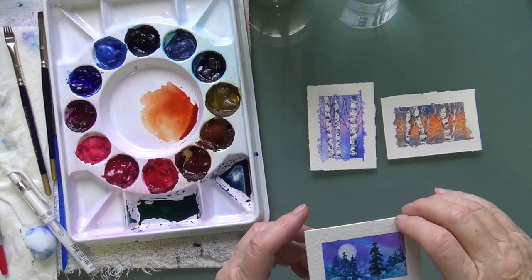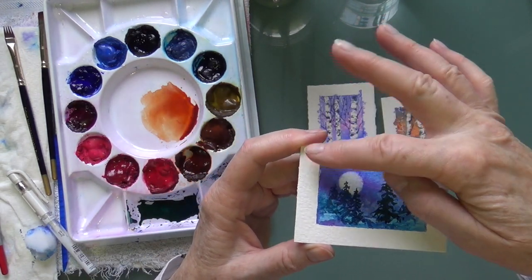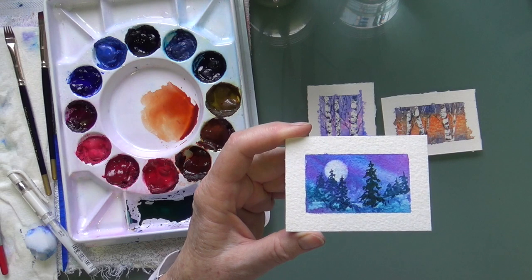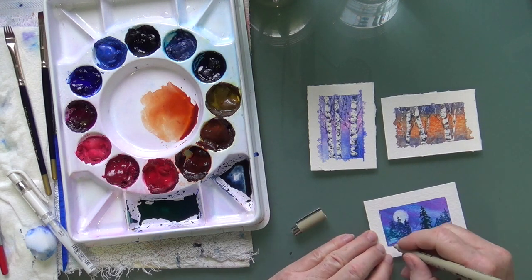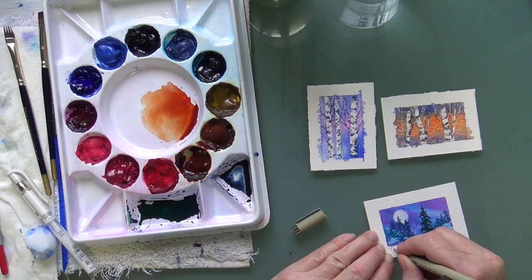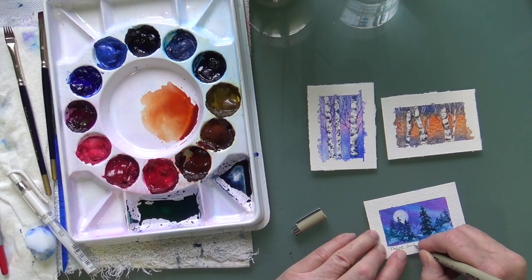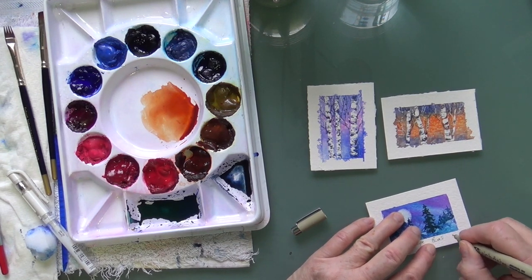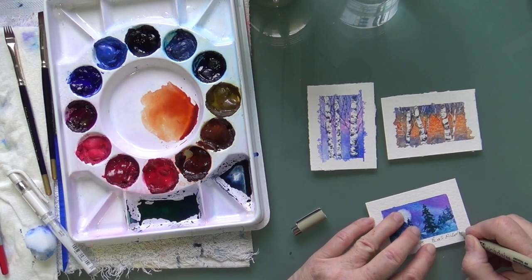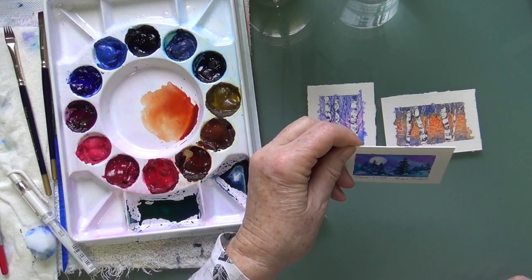Okay, I pulled the tape off and here you see there's that little one. I think that turned out great, and the tape really sealed my edges. So what I usually do is I grab one of my little skinny micron pens and then I sign them. I usually write Tahoscape on mine because that's what I call them, Tahoscape, and then I sign them. Eva S. Nichols, that's my signature. So there. So that's ready to either be plopped up on one of those little easels I mentioned earlier, or